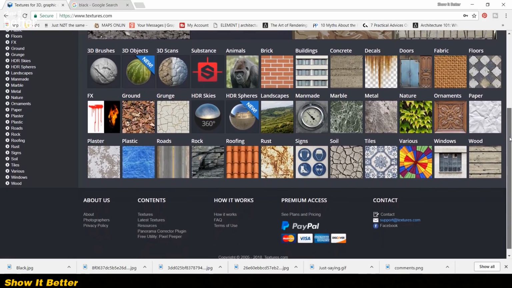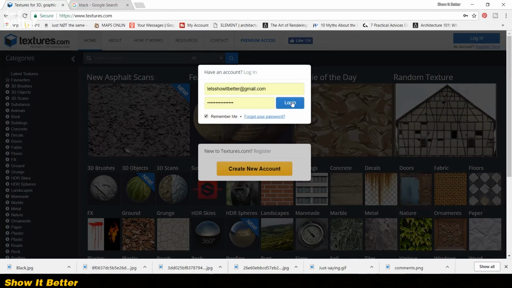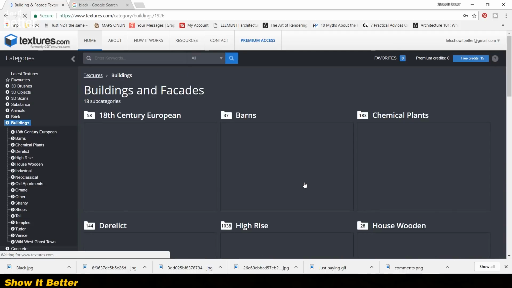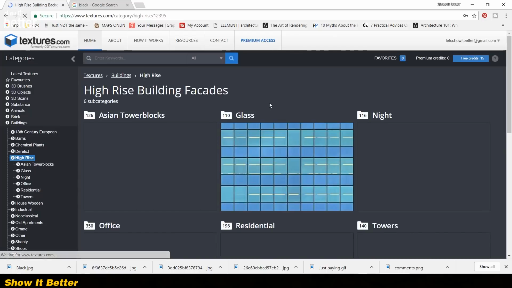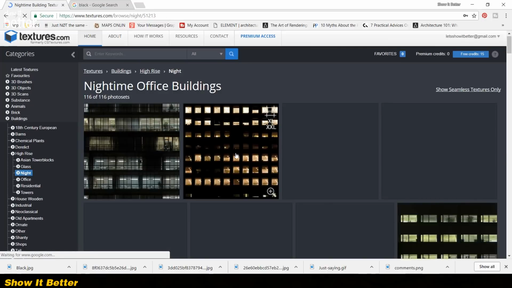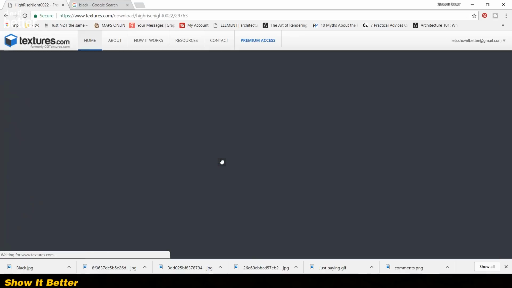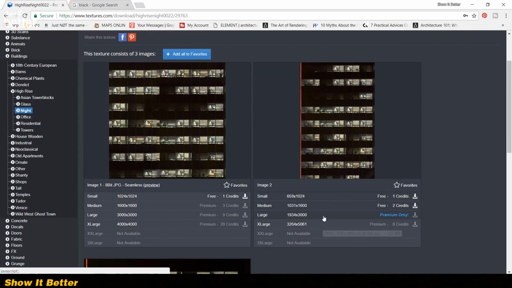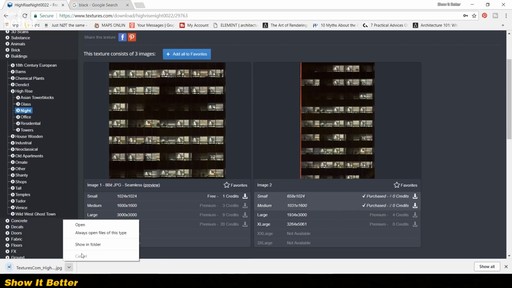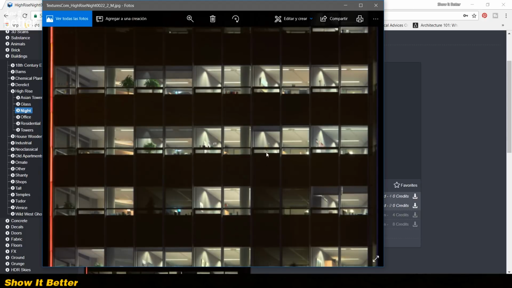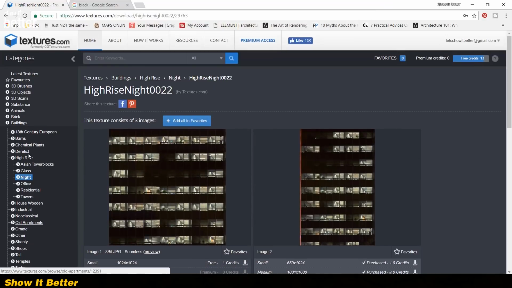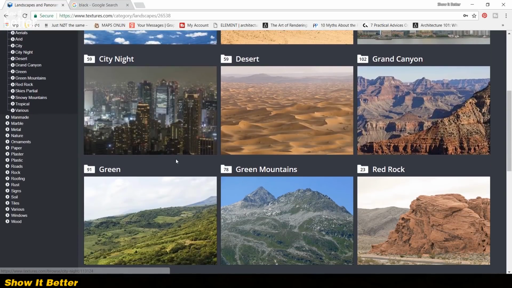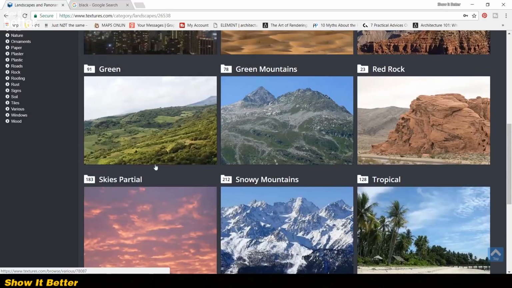First is textures.com. This is one of the most popular ones among the people that already do images because it's been around for years. Before it was known as gtextures.com, and now it's just textures.com. It is a website that offers digital pictures for all sorts of materials. They have pictures of fabrics, wood, metal, bricks, plastic, and many more. These images are called textures and can be used for graphic design, visual effects, in computer games, and many other situations where you need a nice pattern or a background image. You can download up to 15 images for free every day. If you need more or bigger images, you can purchase a credit pack, or subscription.